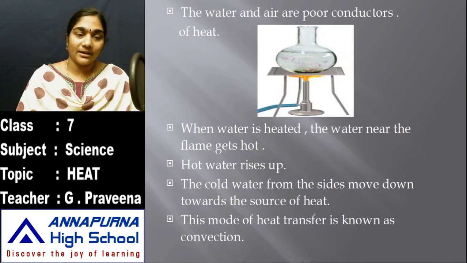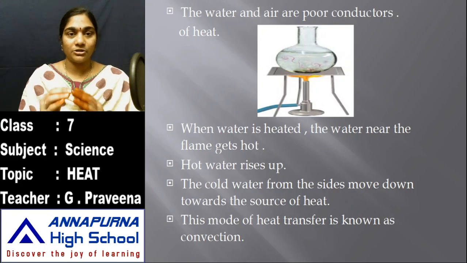So you have to take a round bottom flask, fill it with 1/4 of water and add 3 or 4 potassium permanganate crystals to it, place it on a tripod stand, and you just start giving the flame from below. Now you allow the water to get heated. So now the water which is near the flame gets heated first. This warm water, once it gets heated, goes up. Okay, so now the water from the sides of the beaker starts coming down.